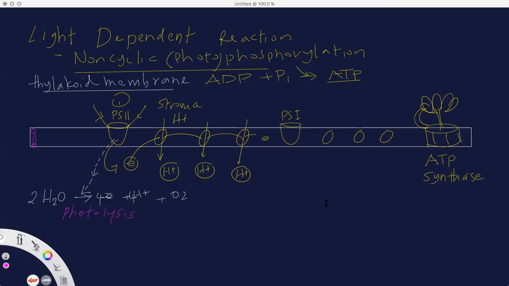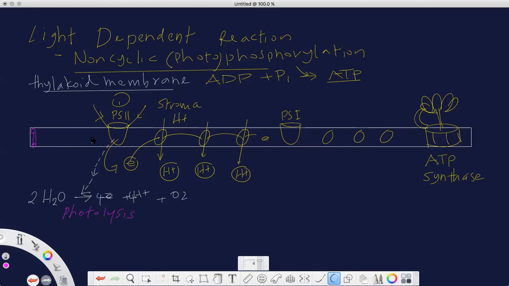Okay, the second point is this creates an electron deficiency in PS2. So this creates an electron deficiency in PS2. And after that,